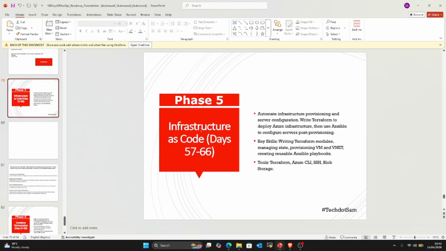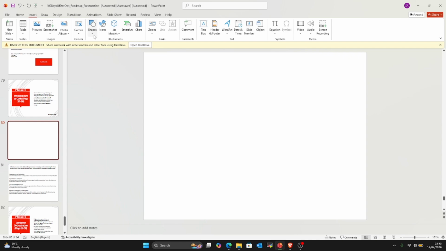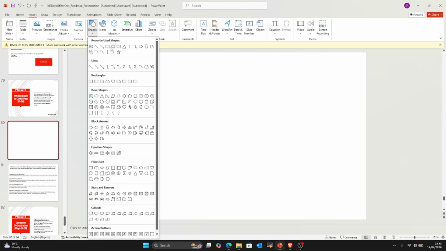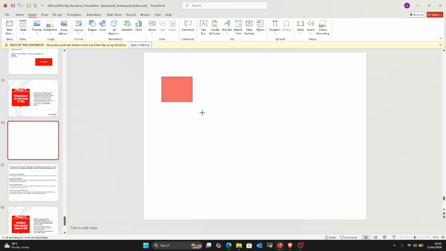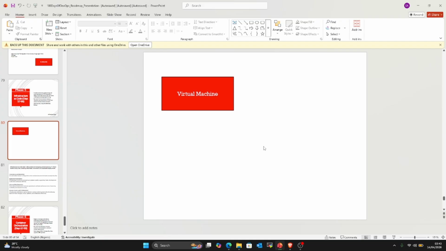So in the last phase, which is phase 4, I mentioned that when you want to create a resource, say you want to create a single virtual machine, you can always go to the Azure portal, click on create your virtual machine, follow the prompts, and then you create your virtual machine, right?